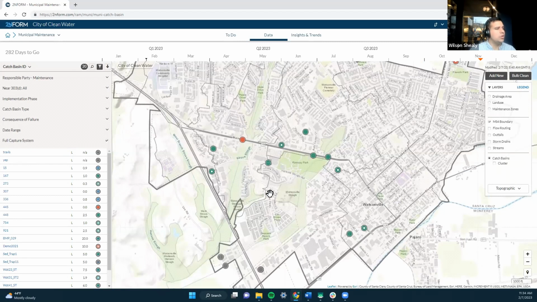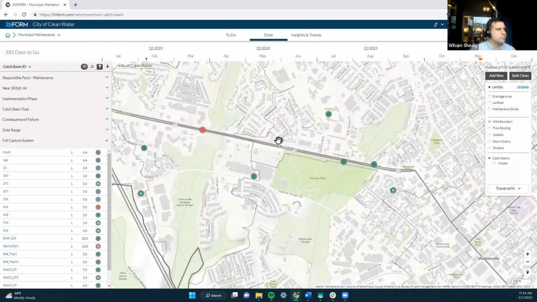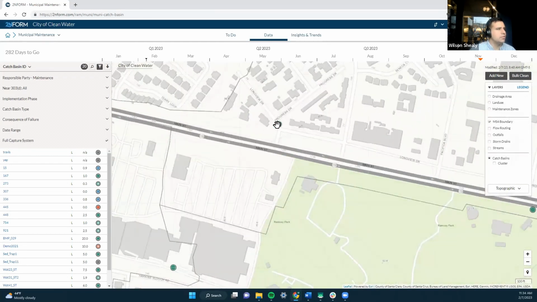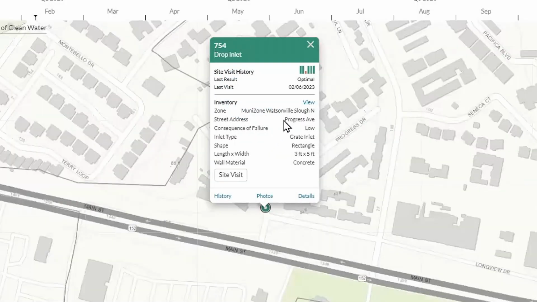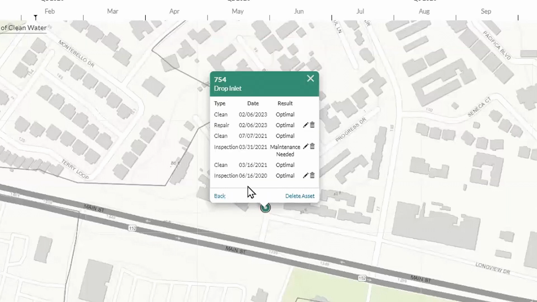If we want more detailed information about a particular asset, that detailed information is available for every asset in the system. Here, I can zoom in, click on an asset, get basic details about the asset itself, as well as view a complete history of everything ever done at this particular catch basin. We also have built-in dashboards